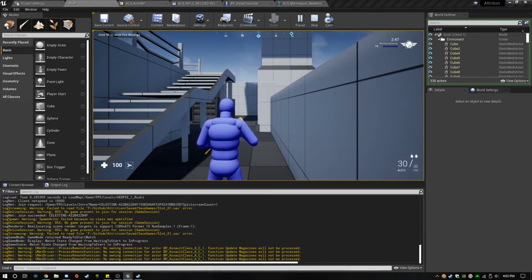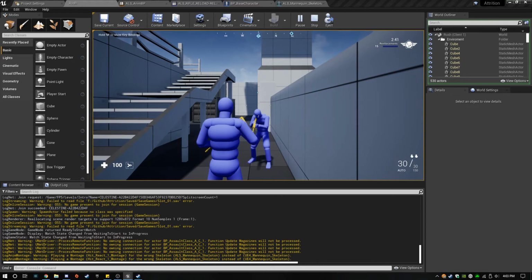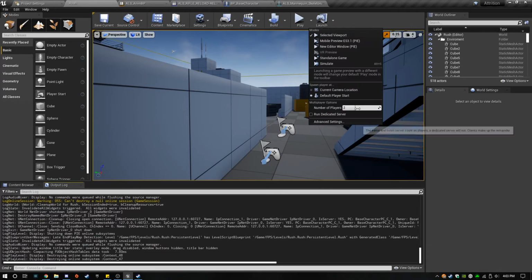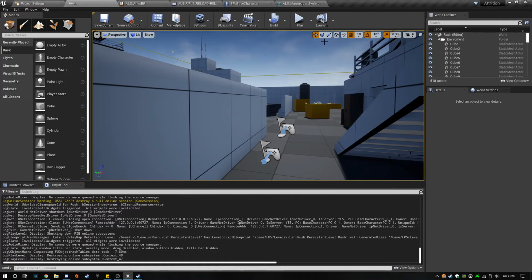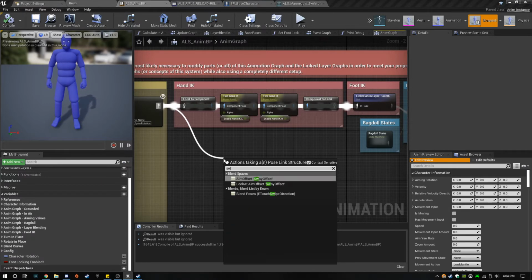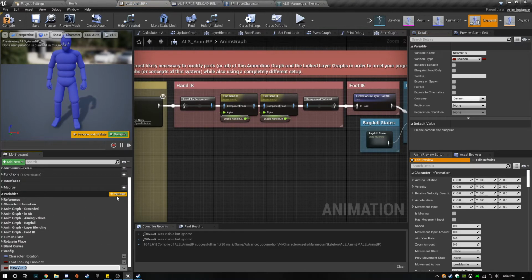We're going to test that this animation is replicating properly first. Let's get into working view. Okay, so the animation does replicate. That's good. Alright, let's try that. Let's try a switch by bool.